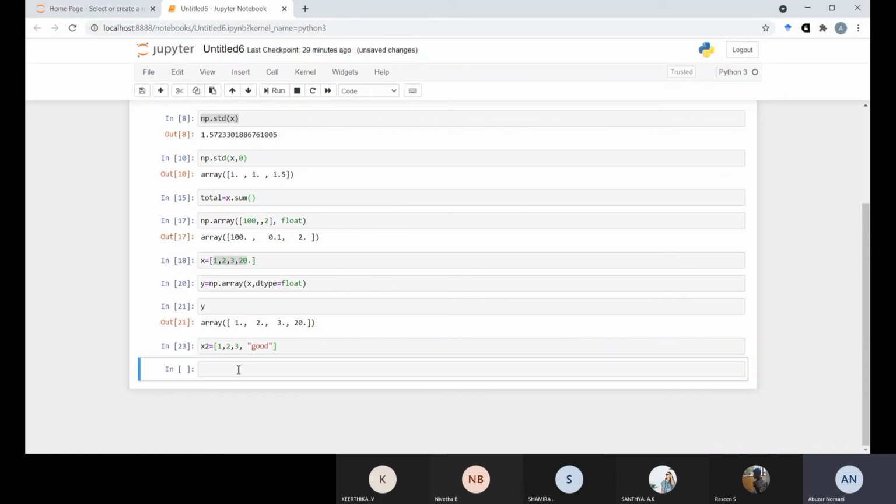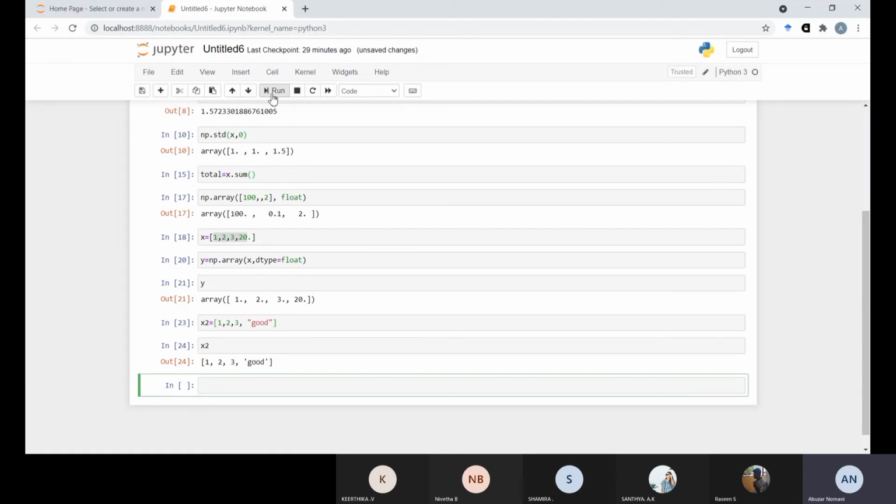Okay, now find out x2. What is x2? It will show you 1, 2, 3, and in quotes good is there. So this is the way you can also add alphabetical words in your array with the help of NumPy.